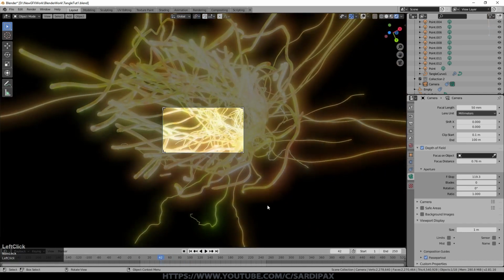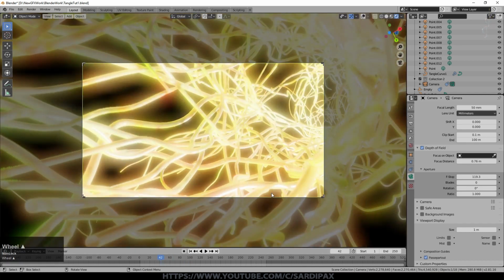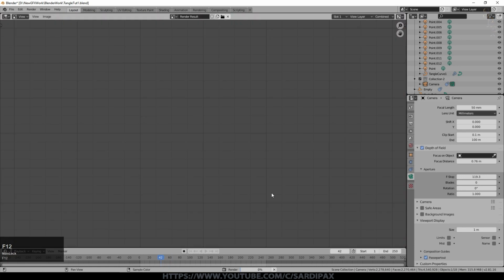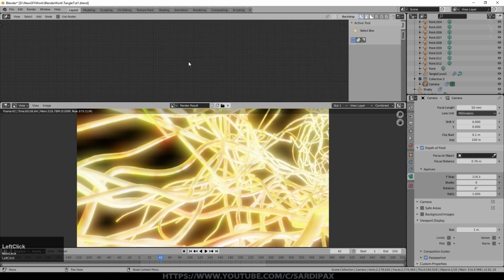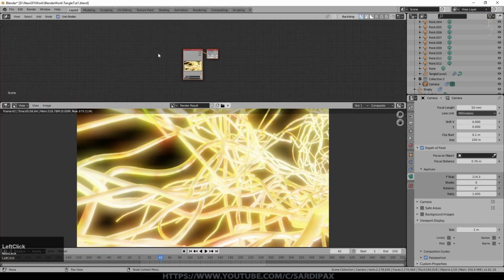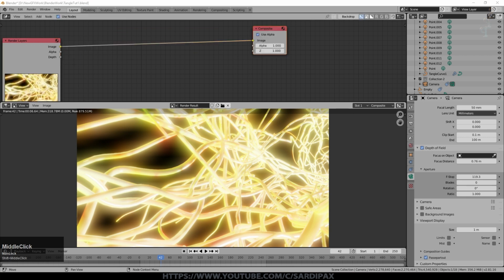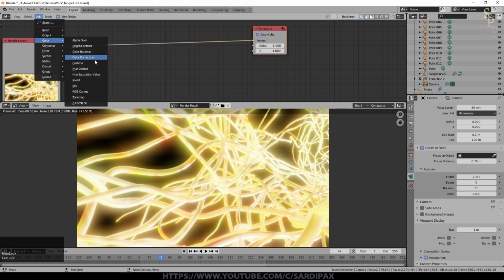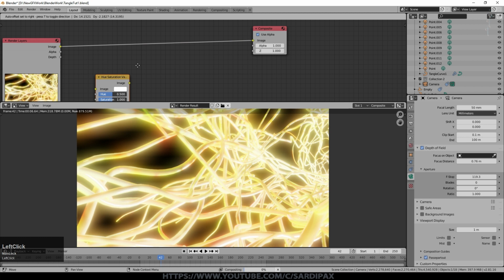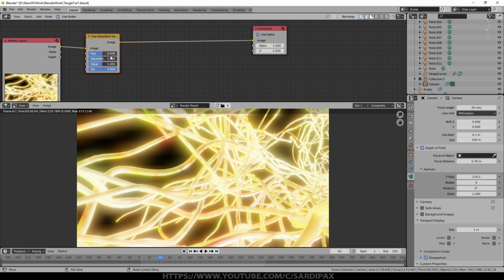So we go with that, and then I'll just render that as a single frame, and then we'll just go to the compositor where I made a few other little tweaks. Under the compositor, we'll just click Use Nodes, and the first thing I did was to add, under color, a hue saturation value node. And I just put the saturation up to about 1.05. Don't want to go too mad with that. For this scene, that might even be too high. So maybe 1.025. Just to increase that intensity of some of the colors.